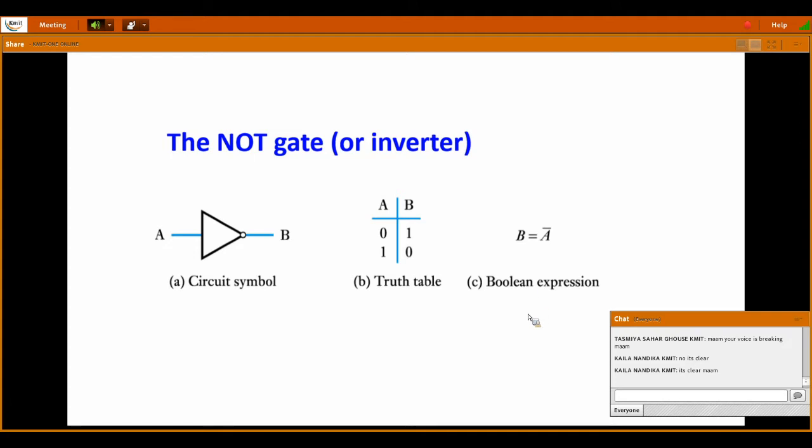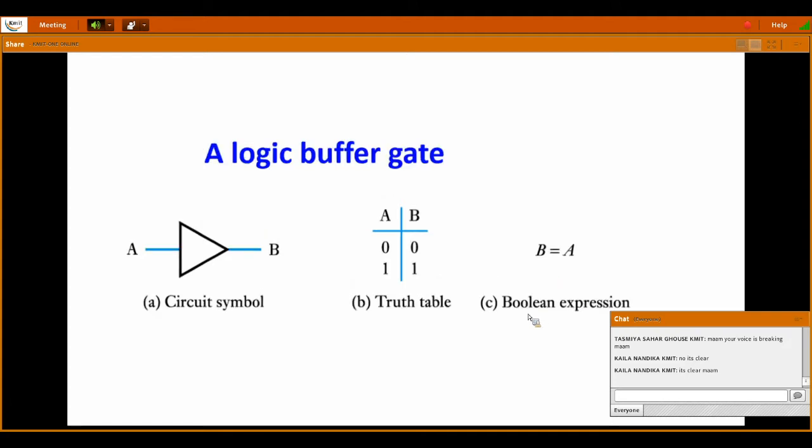Okay, so next is a logic buffer circuit. In some cases, while designing digital circuits, we may need the same input to appear as the same output, and this output is used as an input for the preceding circuits. For that we use the logic buffer circuit. Buffers are also sometimes used in digital circuits to introduce some amount of delay in the overall circuit. So buffer is nothing but same, output is equal to input, no change in its logic.